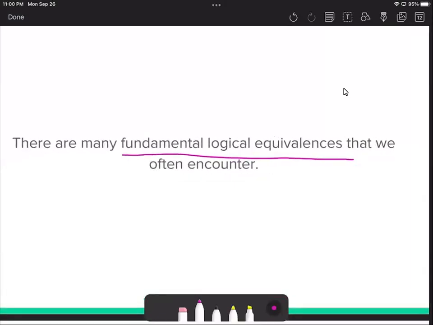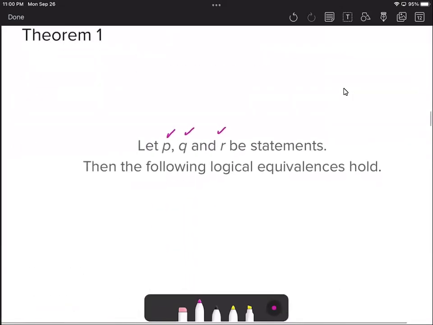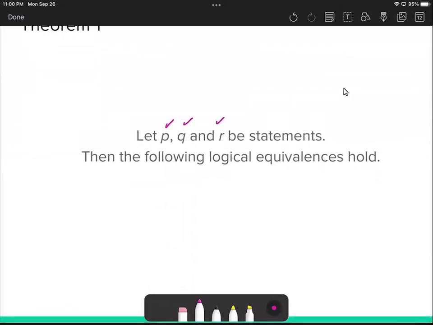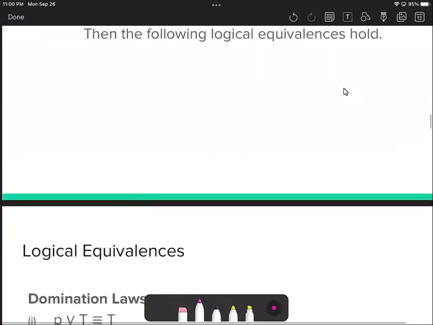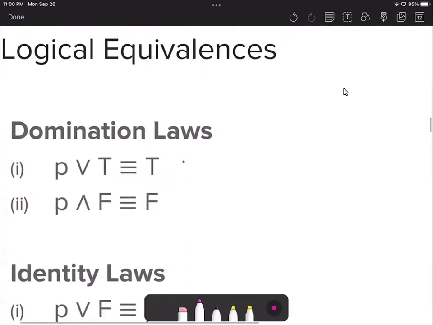So good day, everyone. There are many fundamental logical equivalences that we often encounter. Suppose we have statements P, Q, and R, then the following logical equivalences hold. First is the domination law. The first domination law states that if we take the disjunction of P or T, then it's logically equivalent